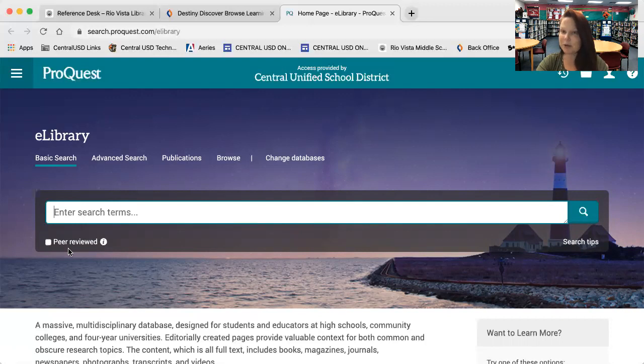Well, what is peer reviewed? Peer reviewed means that if somebody somewhere writes an article or a thesis or a dissertation or a paper about a topic, it means that others in that field have read the article or the paper or the dissertation or the thesis. And what that means is that that paper or thesis has been reviewed and been accepted by others